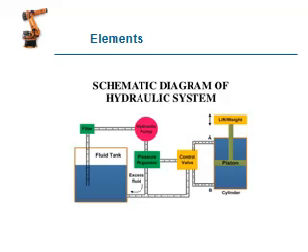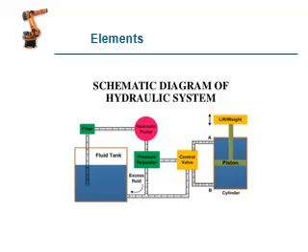So next, this is one schematic diagram of a hydraulic system. There is a fluid tank, then one pump. If the motor is operated, the pump will be operated. So oil is sucked from the fluid tank to the pump, then the pump pressurizes the oil from a lower level to a higher level. For example, if you need 10 bar, pressurized oil is enough. If the pump pressure increases up to 12 bar, this pressure regulator regulates the oil from 12 bar to 10 bar. So we use a pressure regulator.